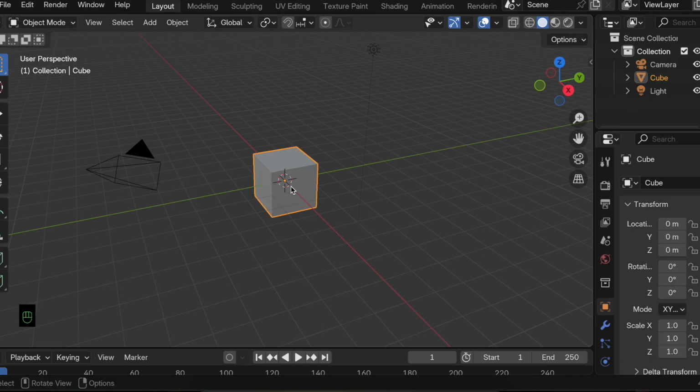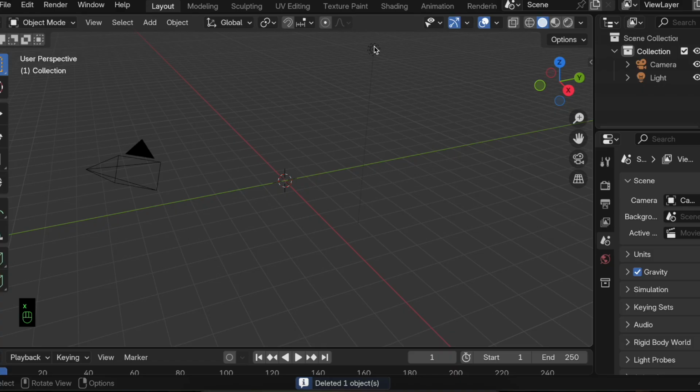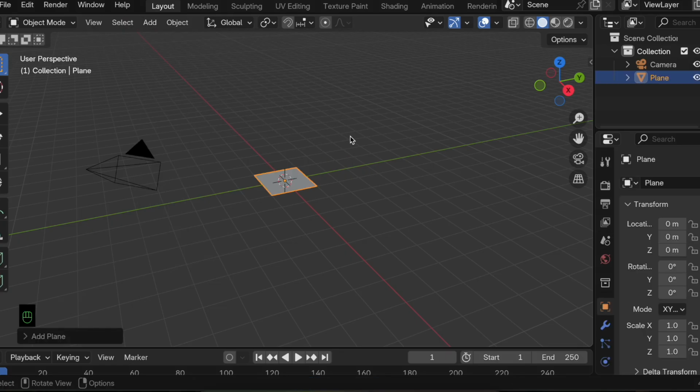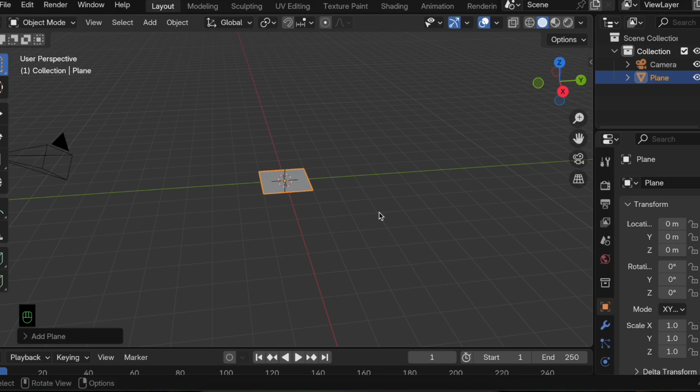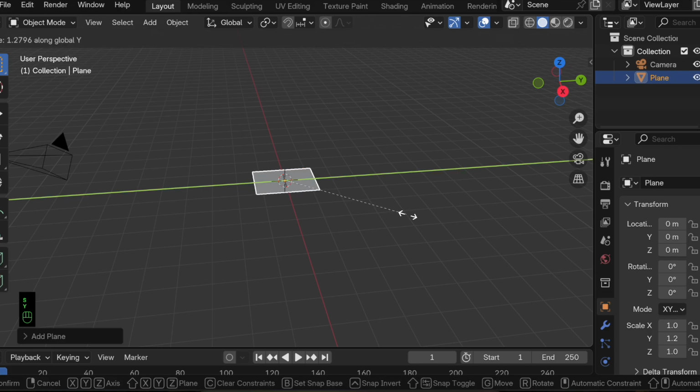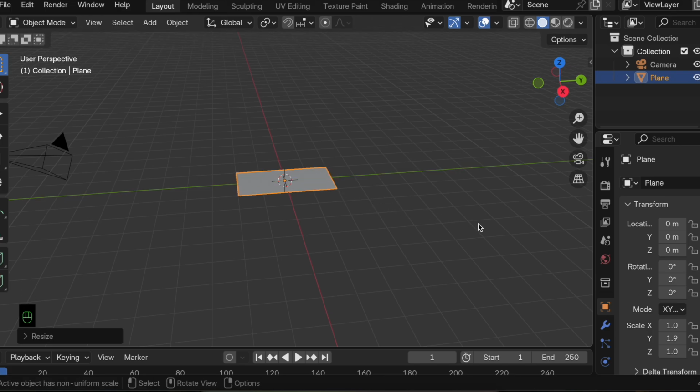So first let's delete our cube. X to delete it. I'll also delete our light, X to delete it. Then we'll just add a plane. So add mesh plane, then S and Y to extend it,